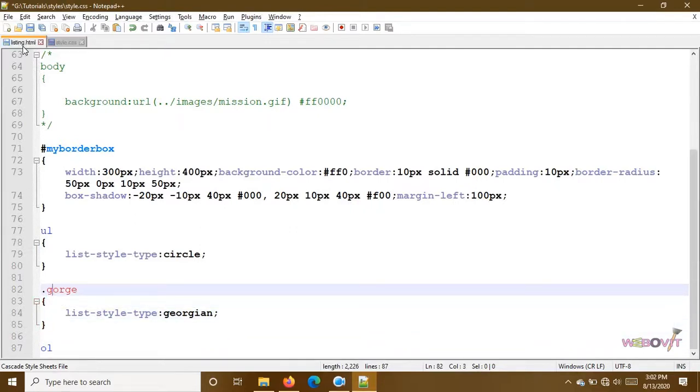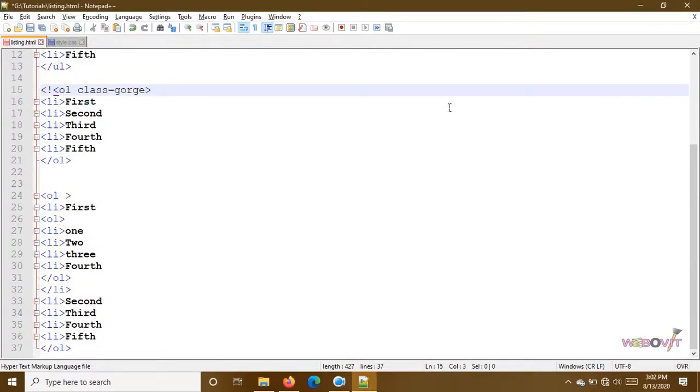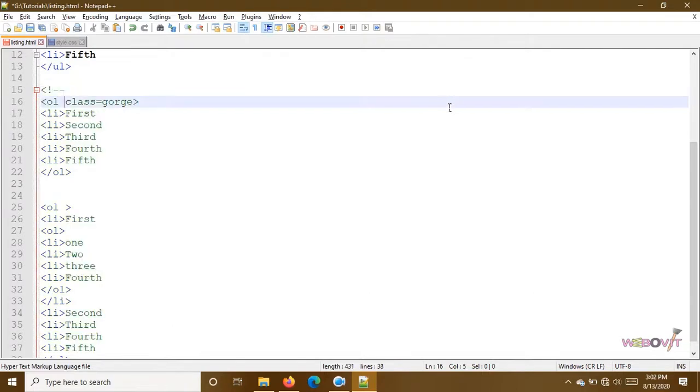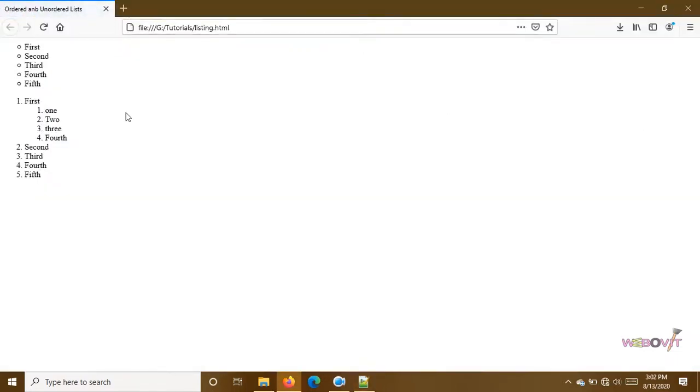Now for this example, we will hide this one for some time, using commenting, because this could confuse you in our particular case. So now this is hidden, so that you don't get confused, because we are going to give styles using OL. Now suppose we want that anywhere we have an ordered list like this, it should have 1 2 3 4.